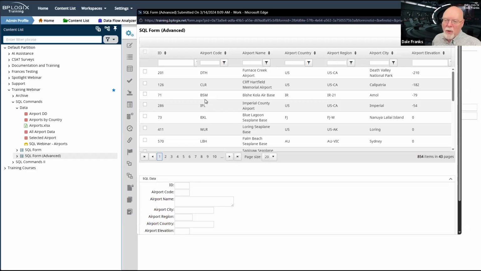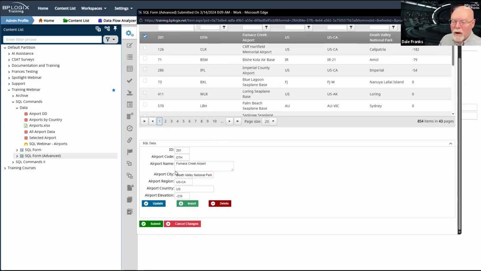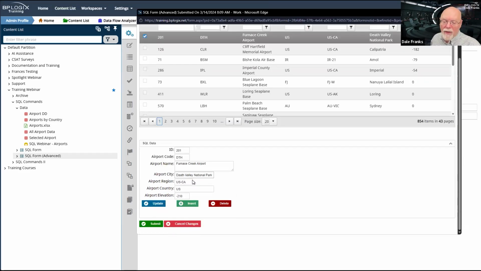I would have to, of course, find my data here. We're not going to worry about figuring out which airport is which. We're just going to go back up here to the Furnace Creek Airport. Now that I have this list of data, which I have queried for via business value to return it, if I were to click on that airport here, oh, look, all of the data for Furnace Creek Airport now exists down here. So I've had to run another SQL statement whenever I clicked here to pull the SQL data for Furnace Creek Airport into my form so that I can do whatever I need to do with it.